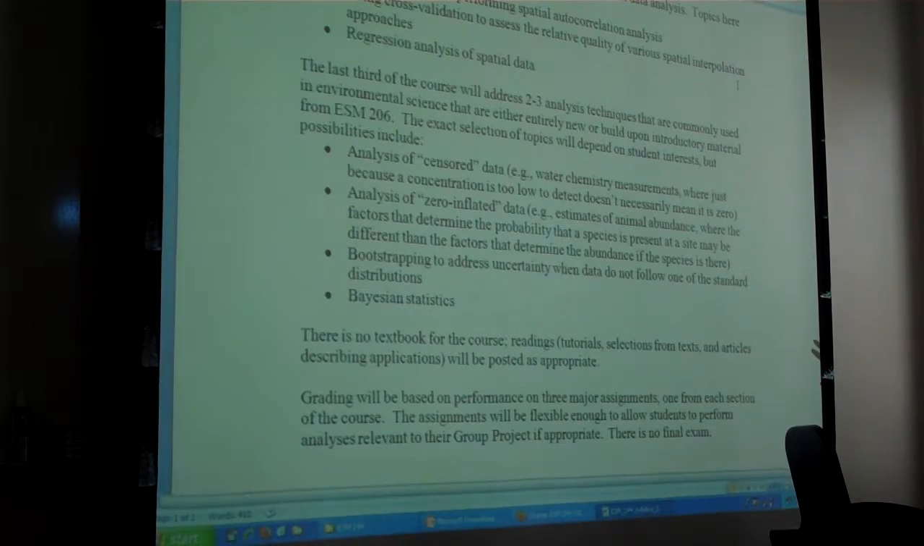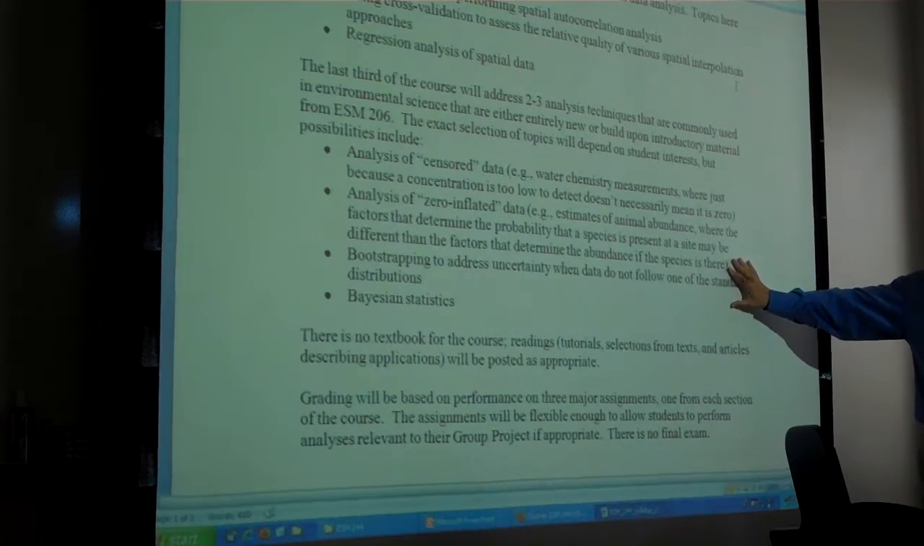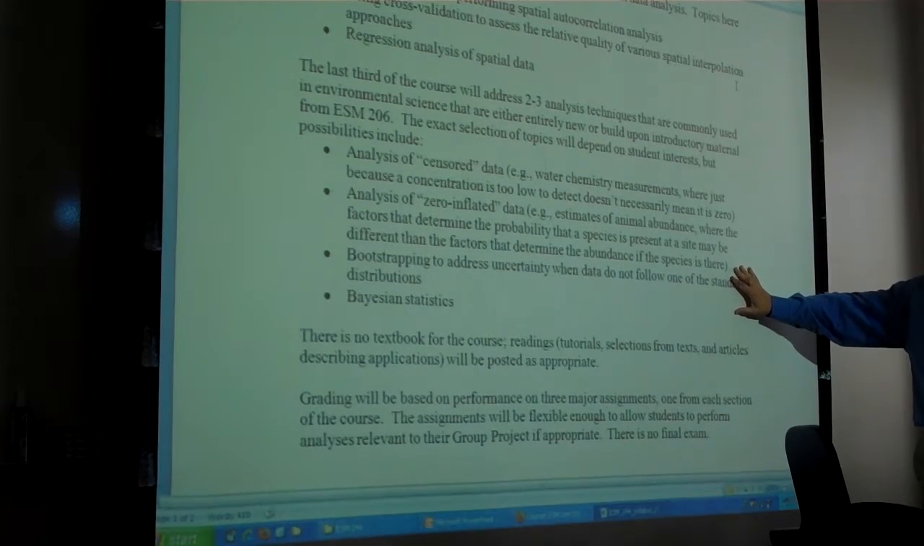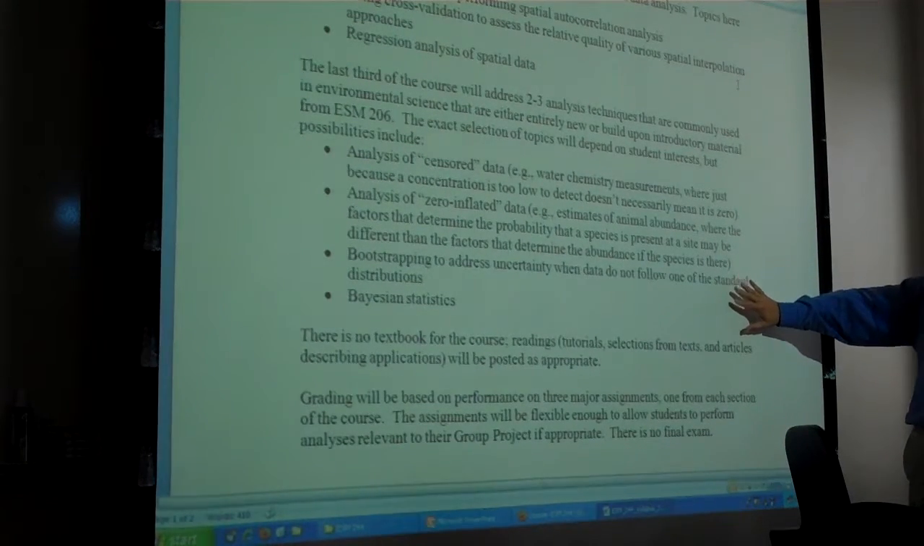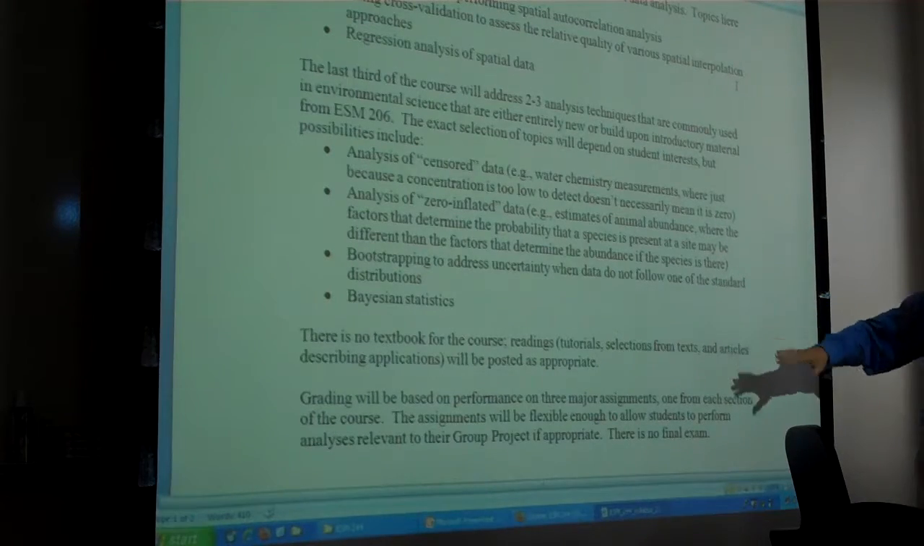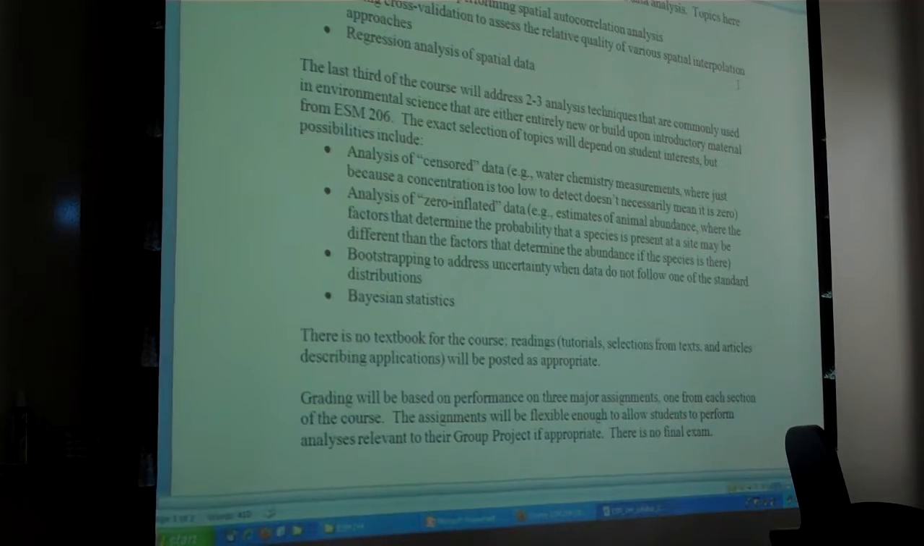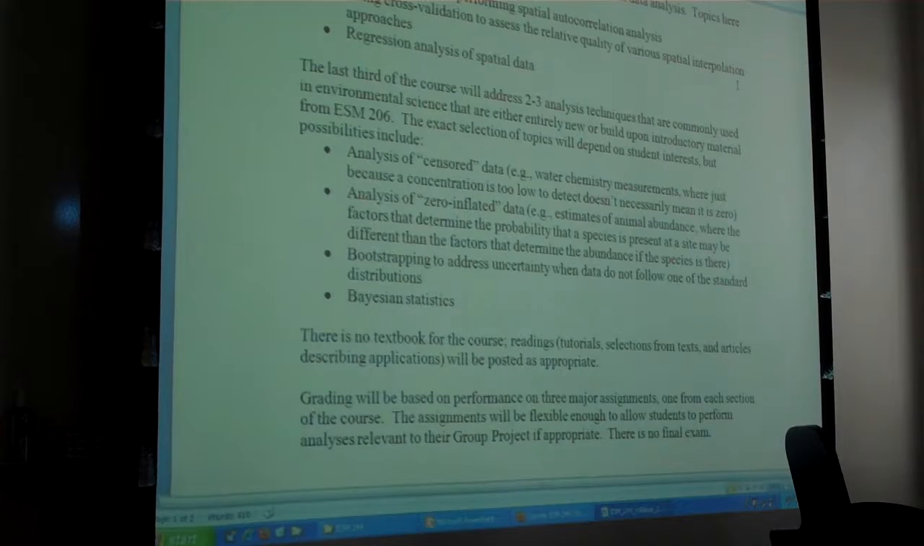So one option would be to get in more depth into bootstrapping, which I guess also is about data weirdness, when data don't follow a standard distribution. It allows you to get more